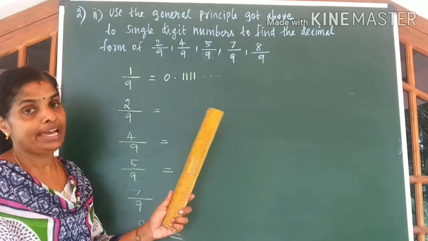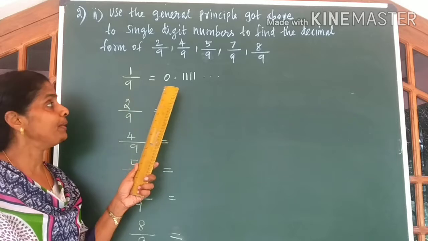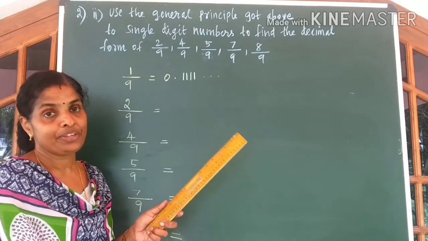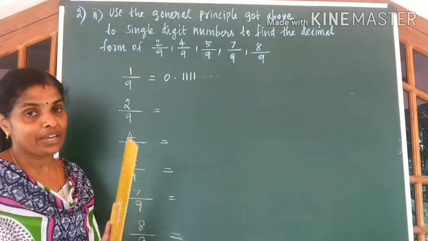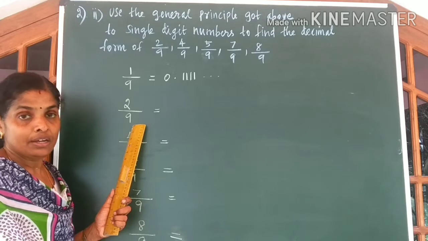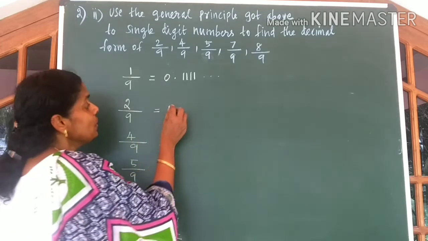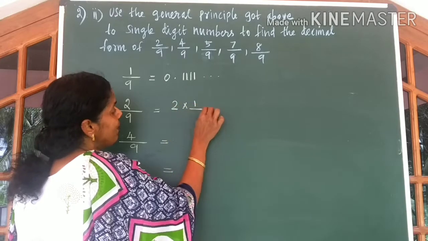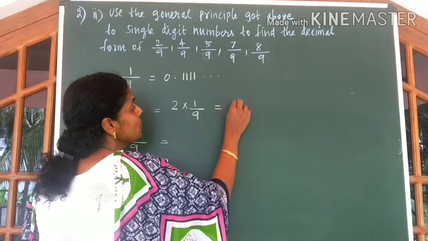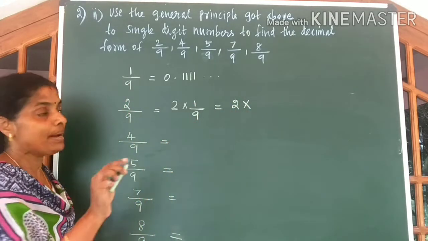Just now we have proved the decimal form of 1 by 9 to be equal to 0.111, etc. Using this idea, we can write the decimal form of 2 by 9. Now 2 by 9 can be written as 2 into 1 by 9. This is equal to 2 into, we know the decimal form of 1 by 9 as